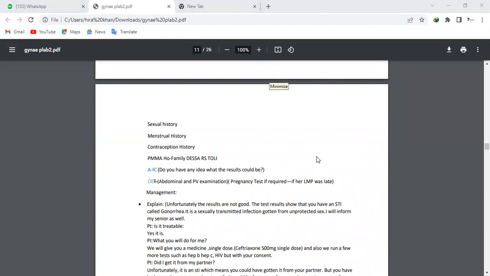Why do you think so? Because I don't know. I just want to ask, as you have mentioned that it is a sexually transmitted infection, my partner might be cheating on me. Mostly it's not that case. Most of the time these bacteria can be there for a long time without causing any symptoms. So we can't exactly say it may be the reason. It is possibly due to that you could have acquired it from previous partners, or maybe your partner could have acquired it from a previous partner as well. So it doesn't mean that he's cheating on you. Am I making sense? Well, okay, doctor.